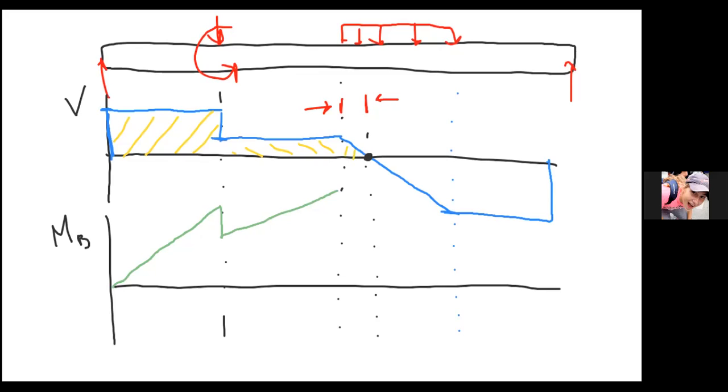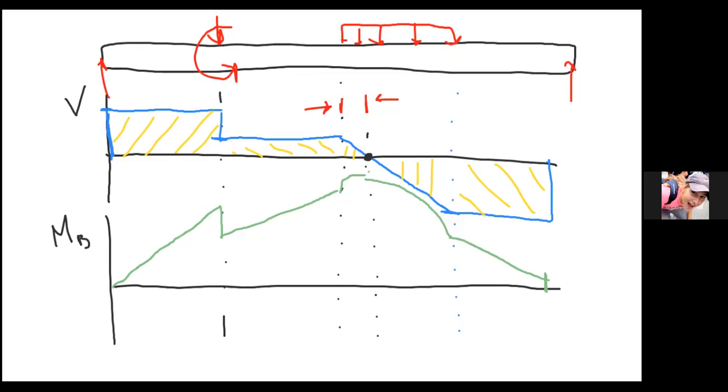And we can say, hey, I know that's how much the moment's increasing until I hit my turning point. And I'll do the exact same thing. Hey, what's the area of this triangle? I'm going to end up going down that much. And then finish by figuring out the area that this rectangle has. And that's going to take me down in a linear fashion before I finish at,